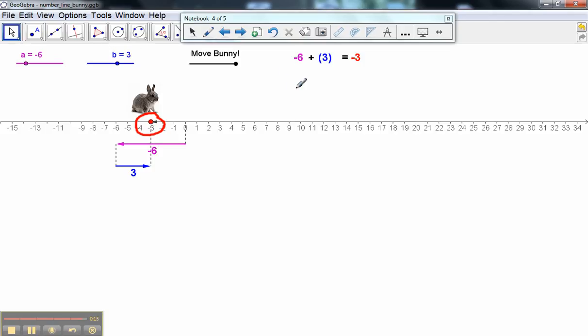So let's see, different signs subtract. 6 minus 3 equals 3. And the number with the higher absolute value, negative 6, is further away from 0 than positive 3. So the sign is negative, so our